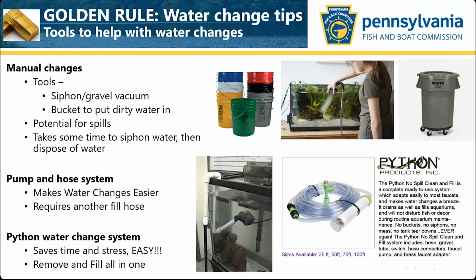You actually attach this to a sink, and then when you turn the sink on, it creates a siphon, and then it actually pulls the water right out of the aquarium. For many tropical fish keepers, they use this where they can drain the tank to whatever degree they want to do a partial water change, and then they can turn the valve and fill it back up